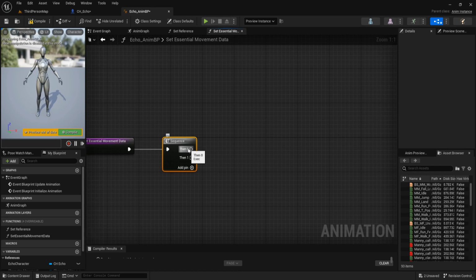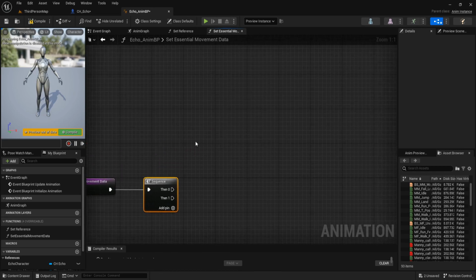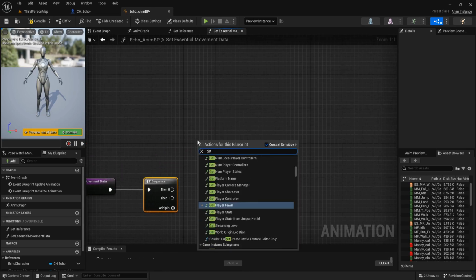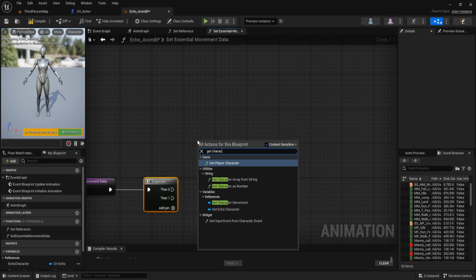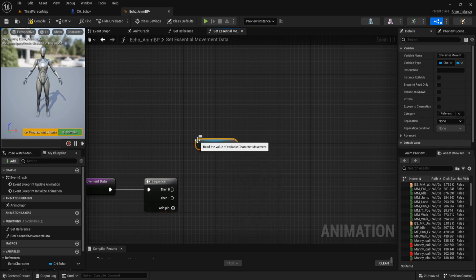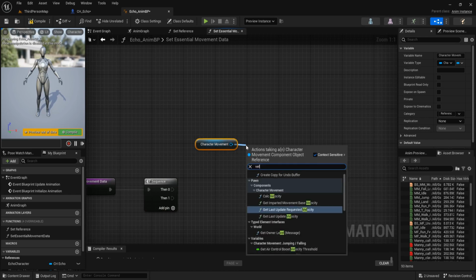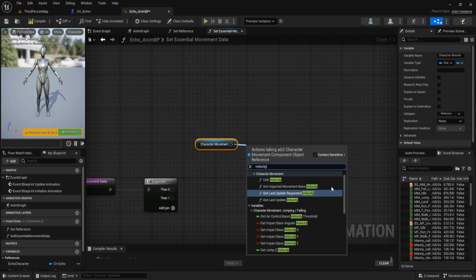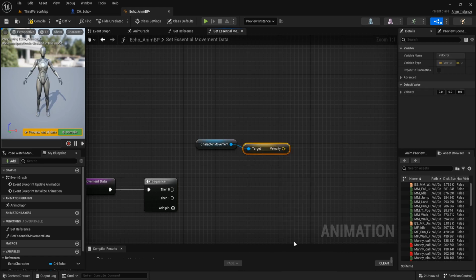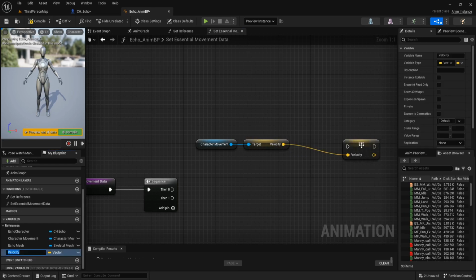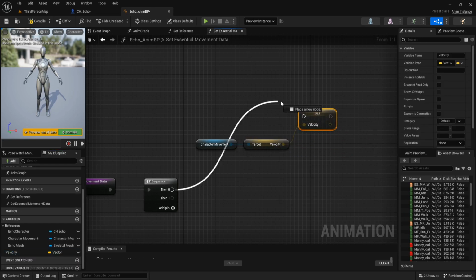On the first sequence, we get character movement, then get velocity, and promote it to variable named velocity.